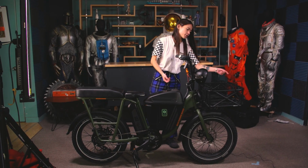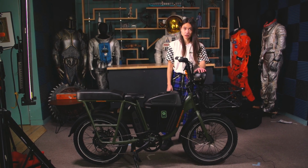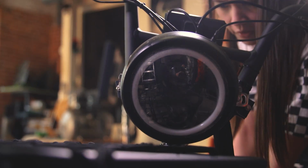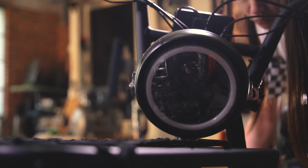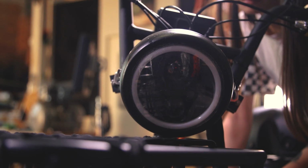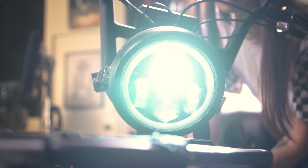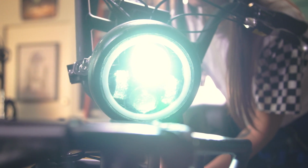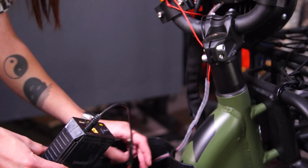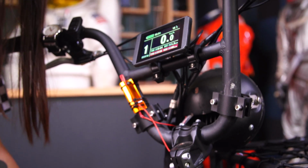I've gotten rid of the stock light and put in a motorcycle light. The reason behind this is that when you're bombing hills in Santa Cruz at night where it's pitch black and there are no reflectors and you just have trees surrounding you, 30 watts is significantly better at making you see compared to a little small bike light. And then the other mods I've done, besides just adding a watch so I can see the time,